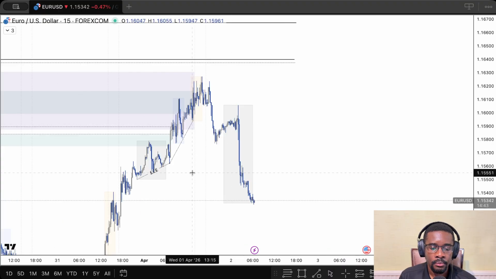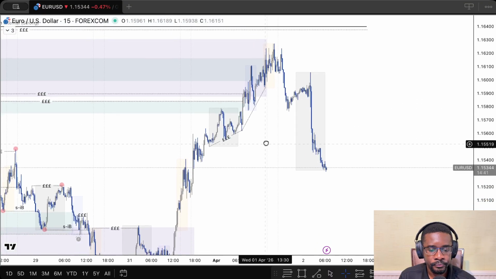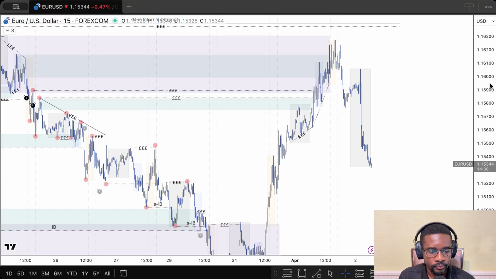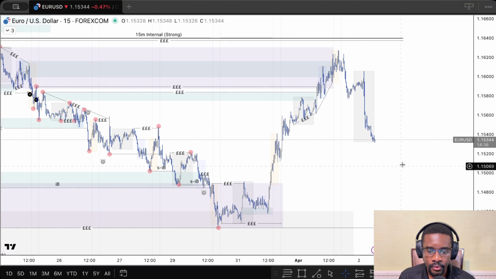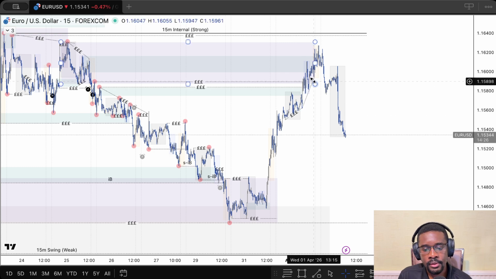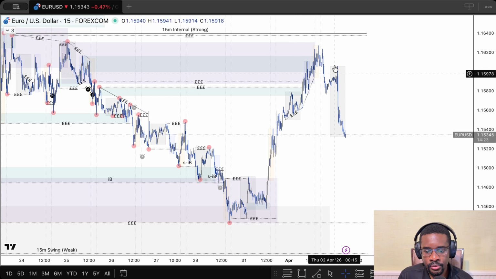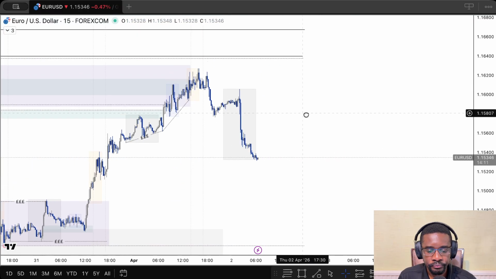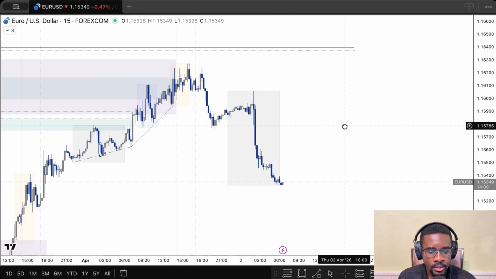Okay, because now the internals have now aligned bearish, so the internal of the internal is also bearish. So now that means our internal is fully bearish, and then the swing is also bearish, so everything has aligned bearish. Okay, so now looking at the details,